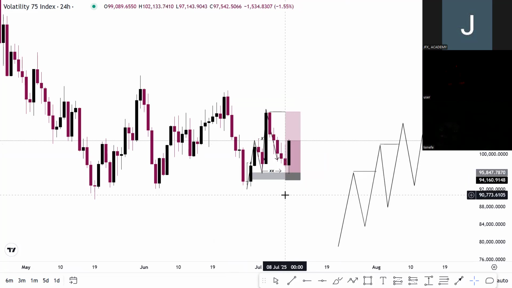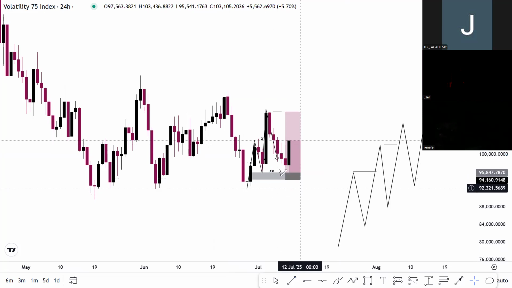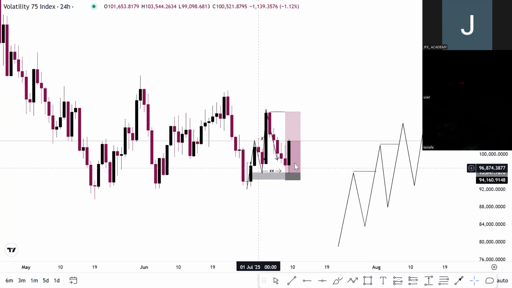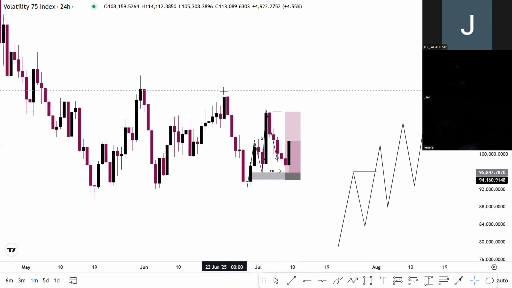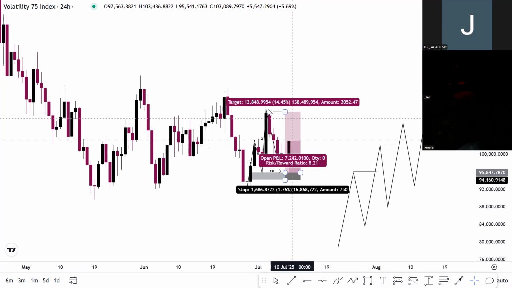We don't need to deceive ourselves. I'm not sure of where the market is coming to pick it, but I already have the idea of what the market is trying to do here. Now, if you notice, my TP is just here. Initially, I can actually pick my TP here, but I just want to be conscious and I need to set a TP that is realistic because I know definitely